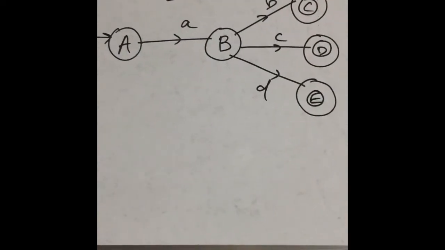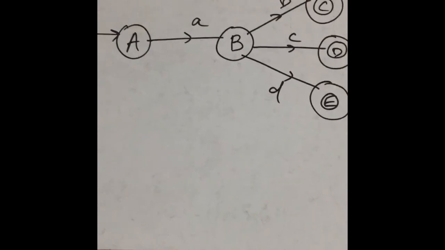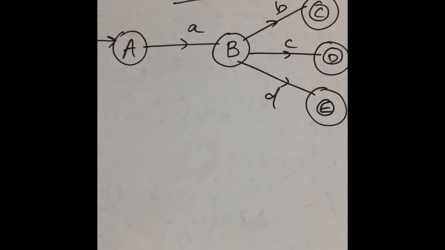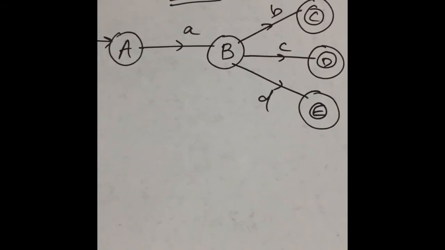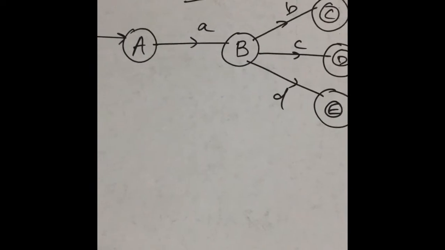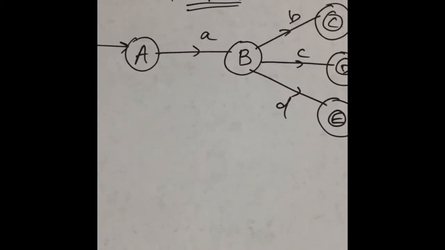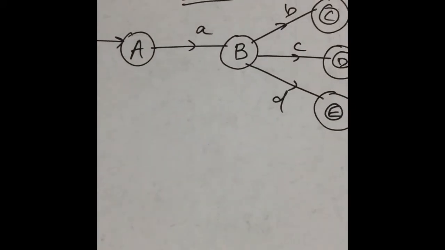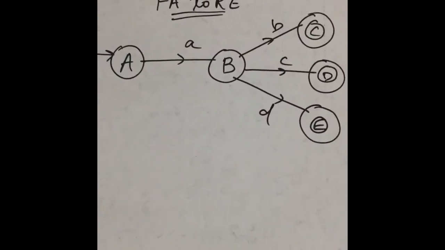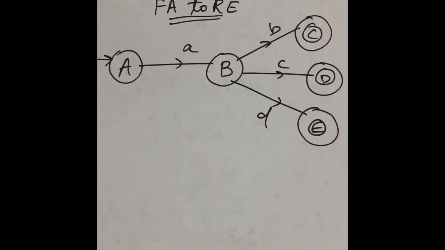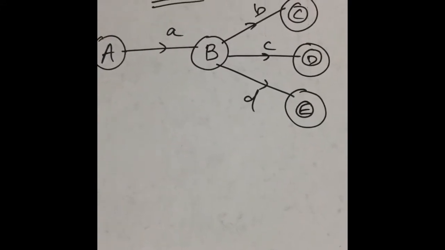Friends, today we also discuss one more example, and now in this lecture we finish this topic. So we will finish this topic with this example. In this example we check all the three steps which I already told in previous video. So this is a finite automata, and we want to convert this finite automata to get a regular expression. So how to convert this finite automata so that we get a simplified regular expression?